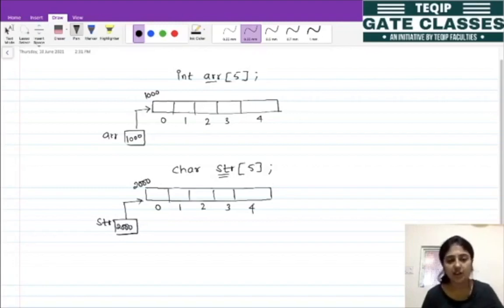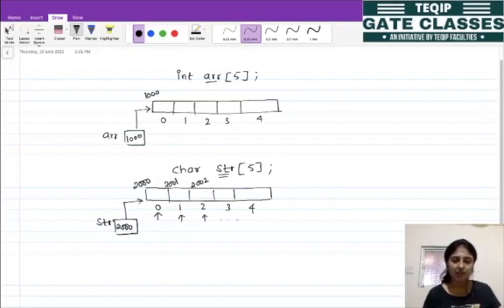One more thing, the size of one element or one character is 1 byte. So if this is 2000, then this will be 2001, this is 2002. For the second element the starting address is base address plus 1, for the third element the starting address is base address plus 2, right, and so on.